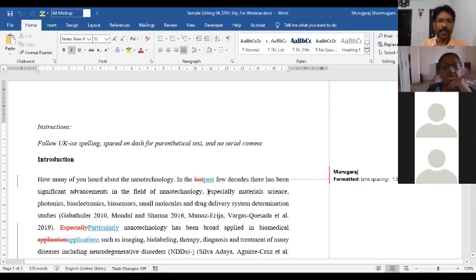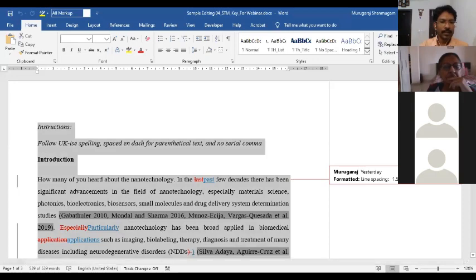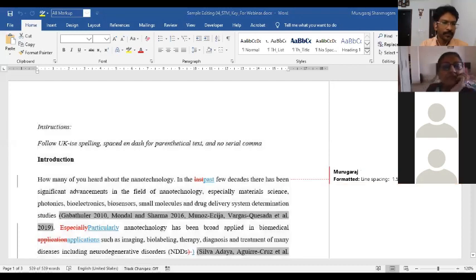So the first step is to select the entire text. Okay. Control A. You can use Control A to select the entire text, and then ensure that track changes is off, disabled. You can see certain things on your status bar. On the bottom of the document, you can see a small strip that has some indications like page 1 of 3, 539 of 539 words, English United States, track changes off, and so on. So this small strip at the bottom of your document is called the status bar.